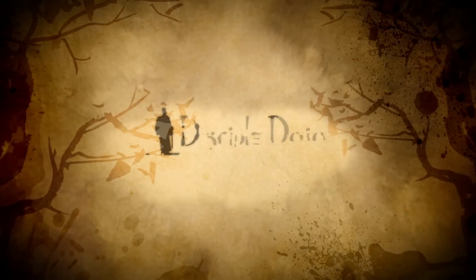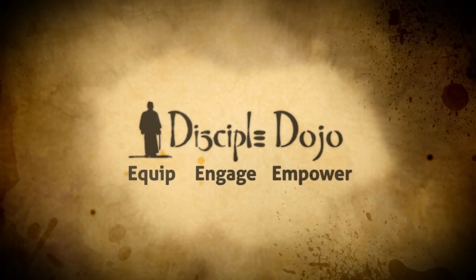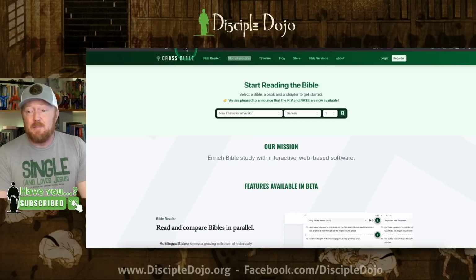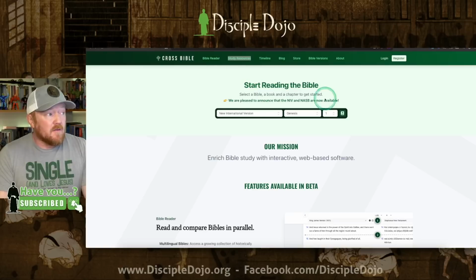And so I wanted to show it to you real quick and then show you something really cool that they sent me. So here's the website. It is CrossBible.com. Super easy to remember. Just think of cross-reference Bible and just take out reference. CrossBible.com. And so when you go there, this is the main page, and there's a thing that says Start Reading